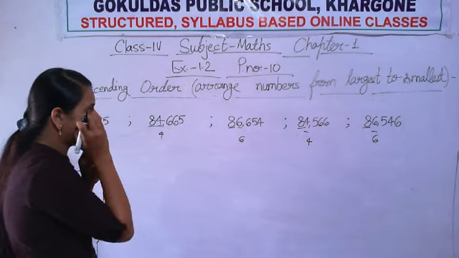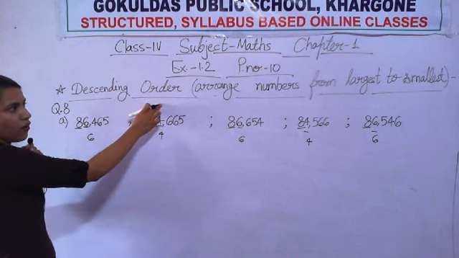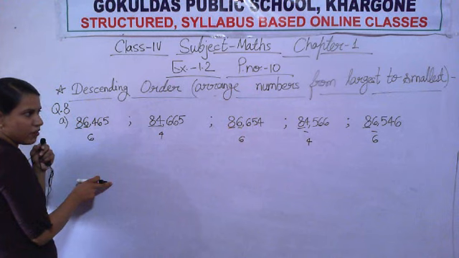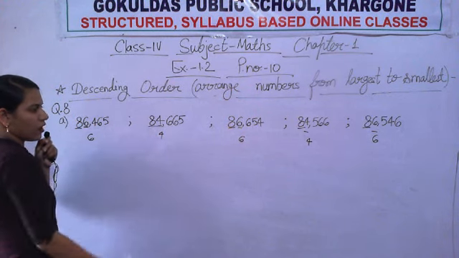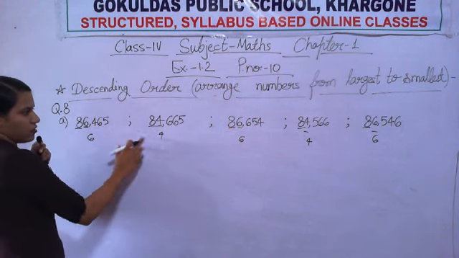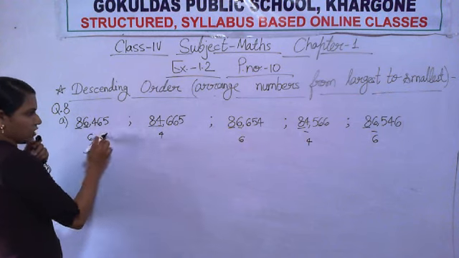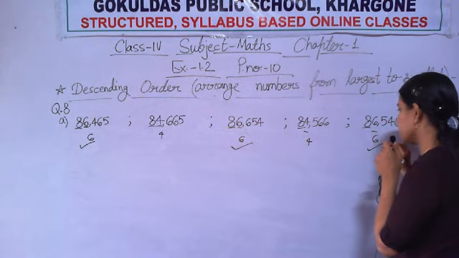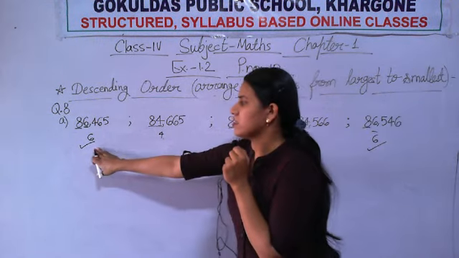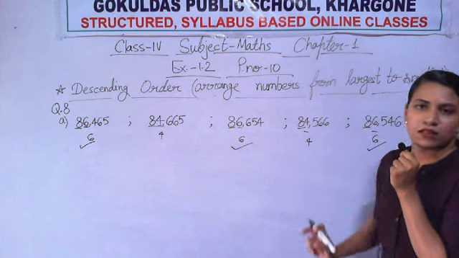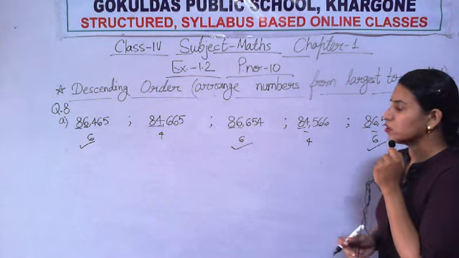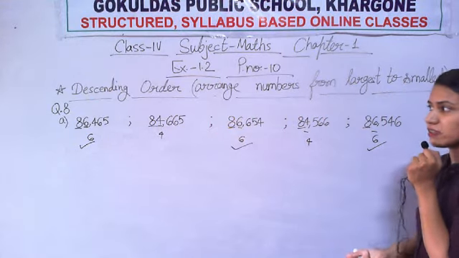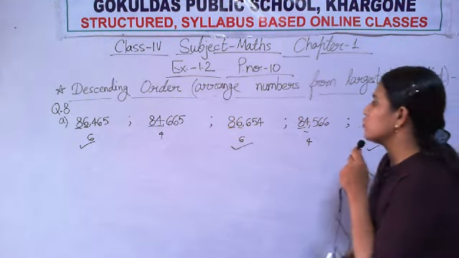And you want to write the descending order. So in descending order you arrange from largest to smallest, so the largest number will come first. Is 6 larger or 4 larger? If you compare, 6 is larger. But you have 5 numbers and among those, 3 numbers have 6 at the next highest place. So now you have to compare these 3 numbers, to see which one of these 3 is the largest.